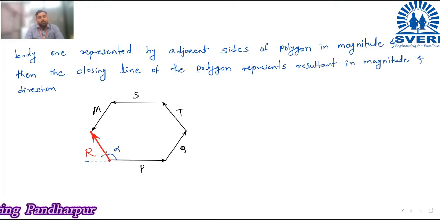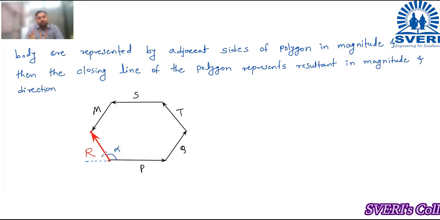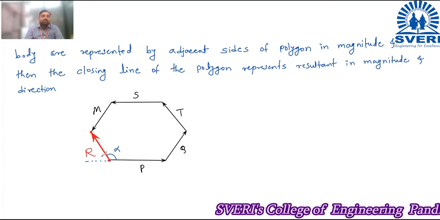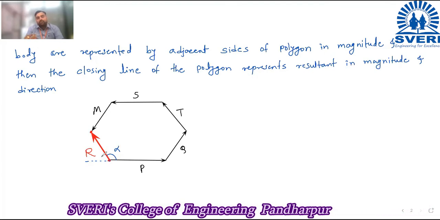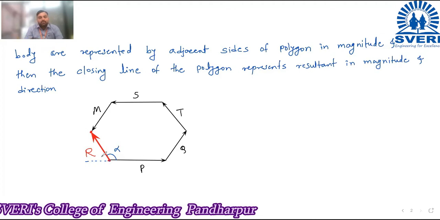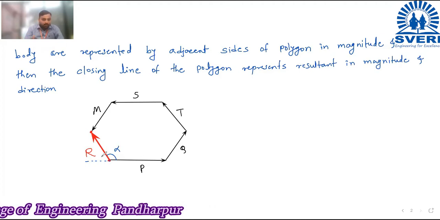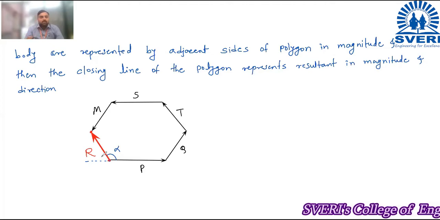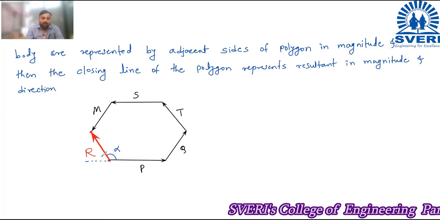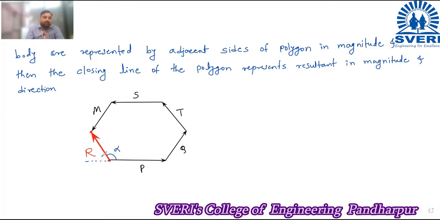When we want to find out the resultant by using the graphical method, most of the time we go for the law of polygon of forces, because whenever more than two forces are there, we have to go for the law of polygon. And whenever only two forces are there, then by using triangle law of forces we can find out the result graphically. For analytical calculation with two forces, we can use the law of parallelogram of forces. And for a number of forces, I will tell you later on how to do it analytically.